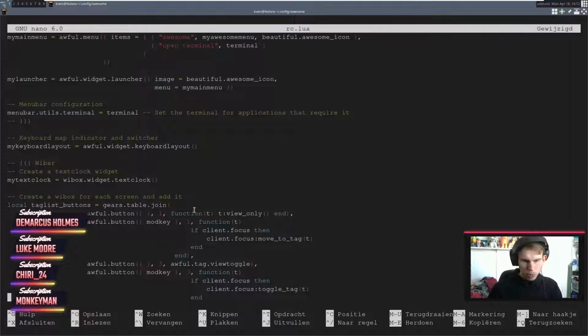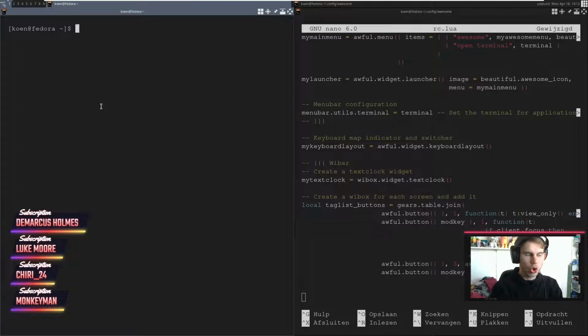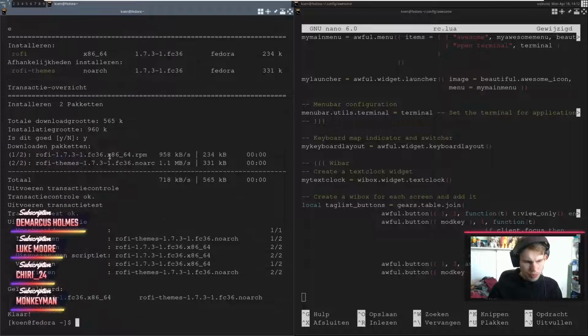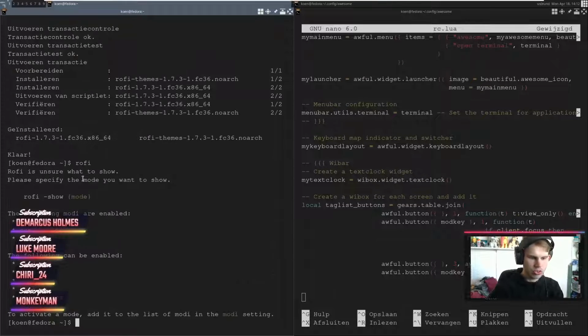We also have a little prompt in here, which we kind of need to fix up. Because right now we just get the run prompt inside of here, which is cool. But I want to use something a little bit different. So what we want to use instead of that is something that I really like, and it's called Rofi. Now, I personally have never really messed around much with Rofi, but I do really like to use it. So let's see what we can do with it.